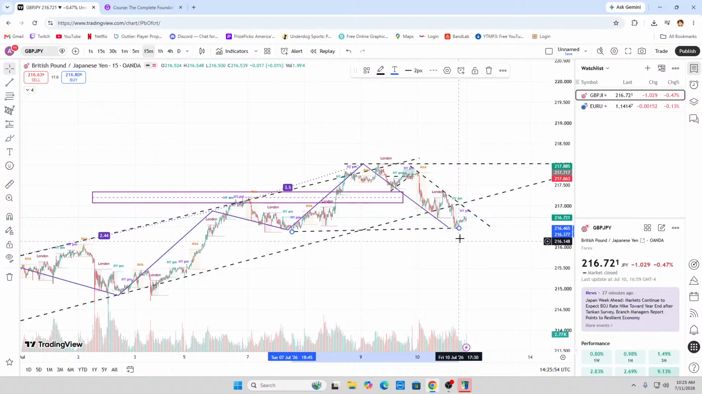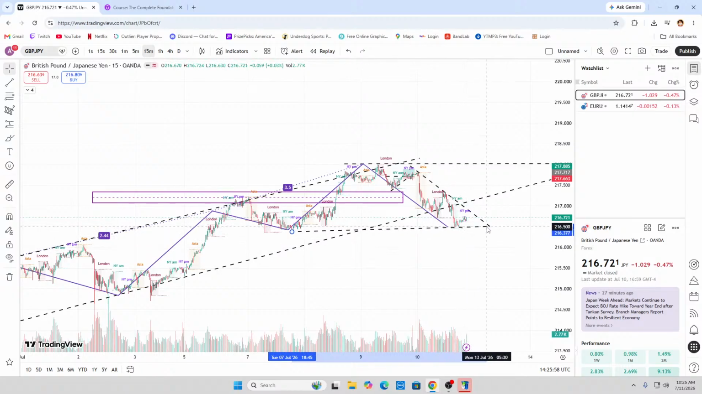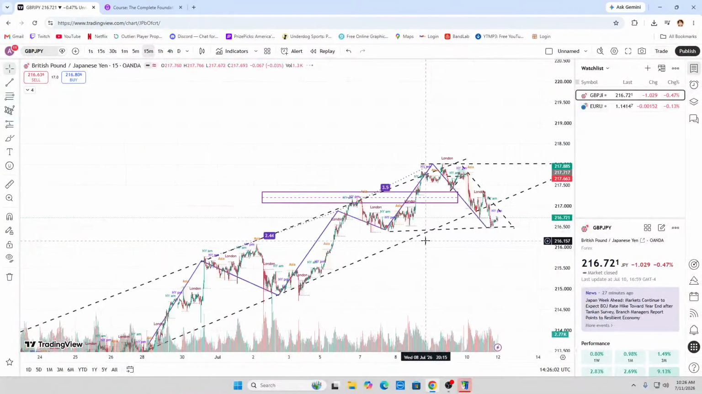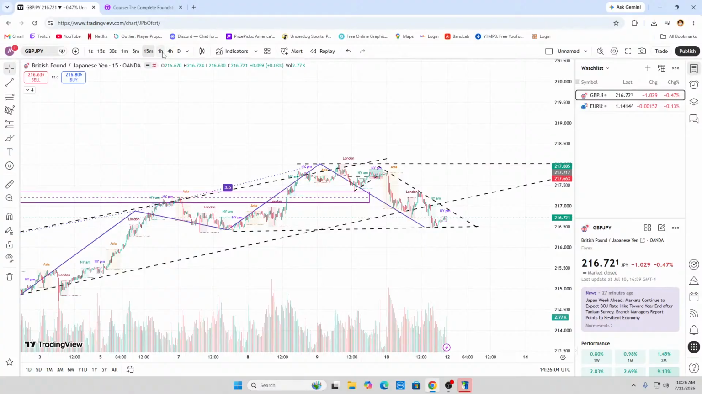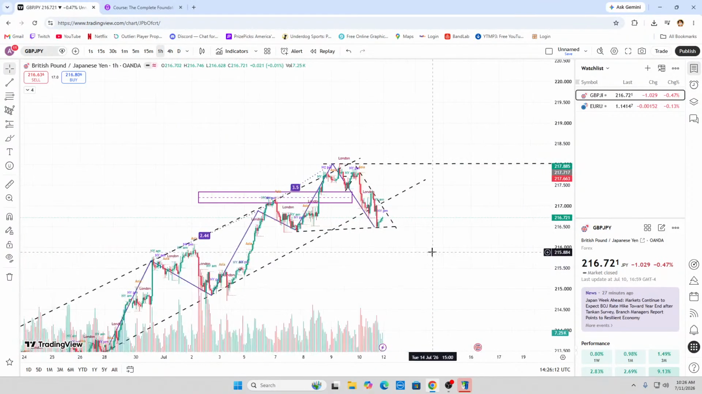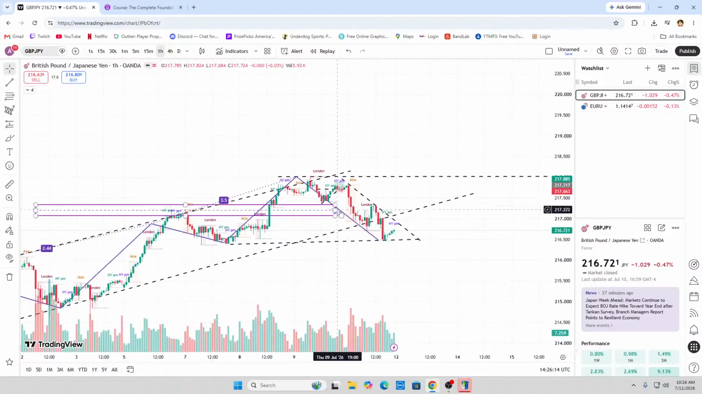216.3 area. So we could put this as like a descending triangle because we see what price is doing right here. If you go back in the hour, y'all see the descending triangle? Yeah, I see it. So if it breaks out right here, or if it go back and hit the resistance right here,